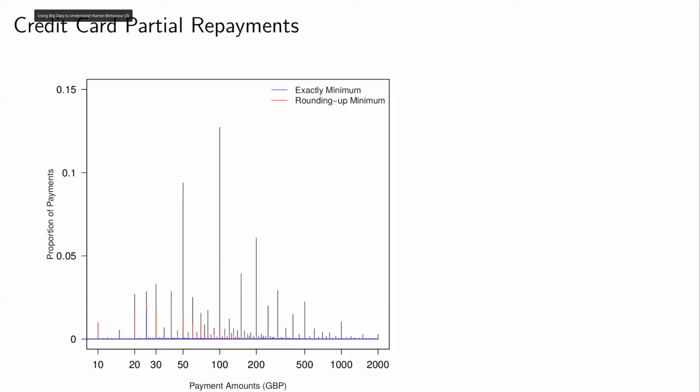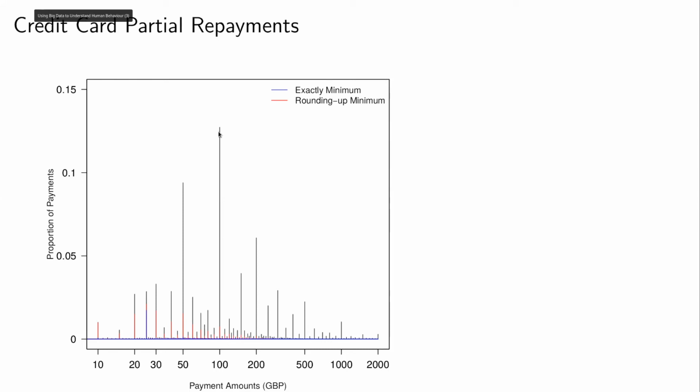The idea would be that I'm supposed to trade off how much I can enjoy this money now versus how much utility I get from paying down this debt so that I don't have to pay interest in the future. And I trade those things off and I come to some sum of money. But what do people actually do? They're not doing this. They're not trading off money I can use for enjoyment now or other activities against money in the future. What I've got here is a graph that's just showing that the most frequent thing people do